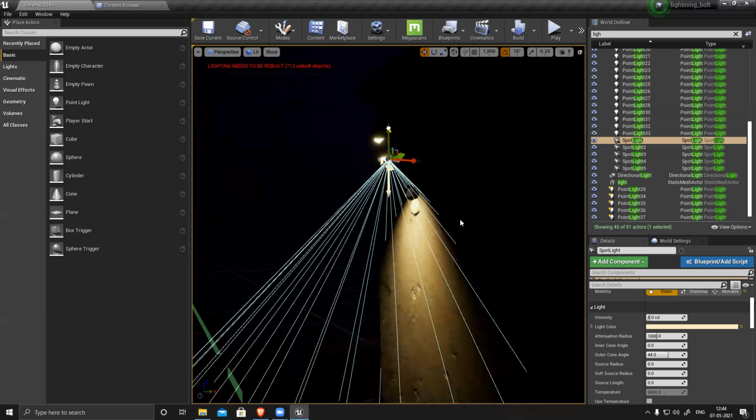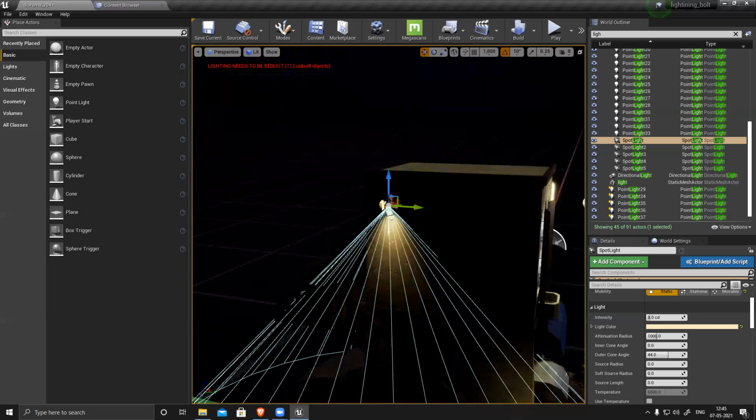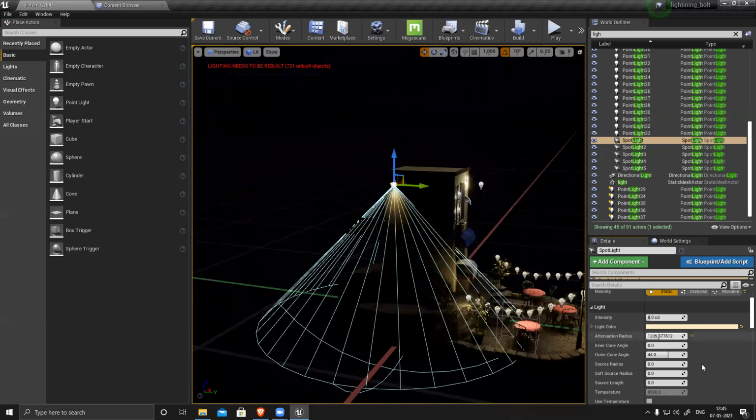Yeah, here. Align it properly. And I can see that this light is not traveling enough. So if I increase this, nothing will happen. What I have to do is source radius. Oh, this is source length, temperature.